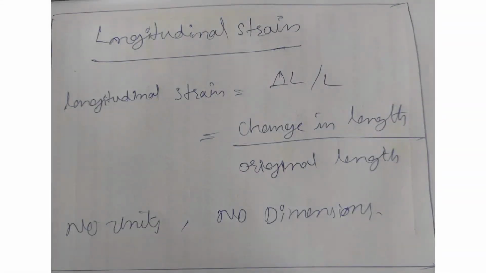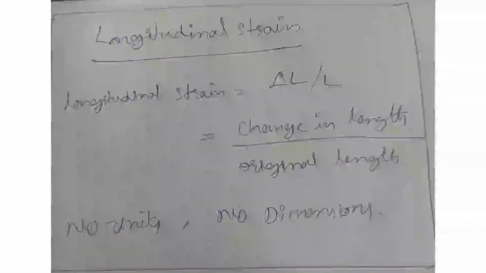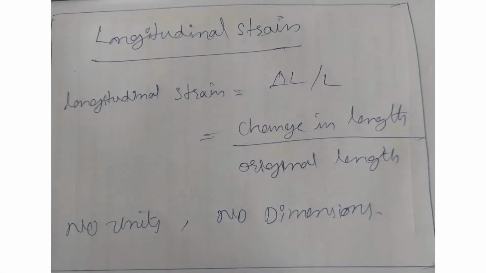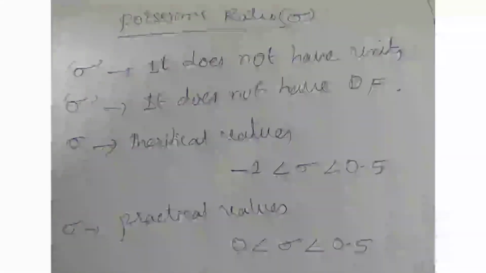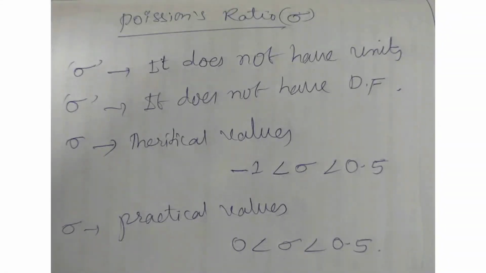Generally, Poisson's ratio has no units and no dimensions because it is also a ratio of the same type of physical quantities. The theoretical values of Poisson's ratio are from minus 1 to 0.5, and the practical limits of Poisson's ratio are 0 to 0.5. For solids, the Poisson's ratio value is